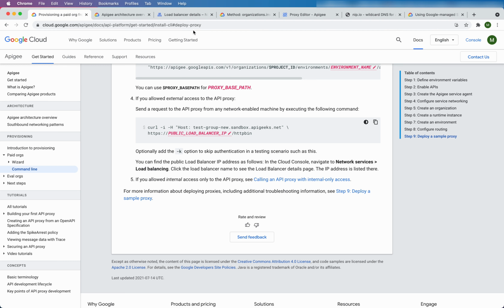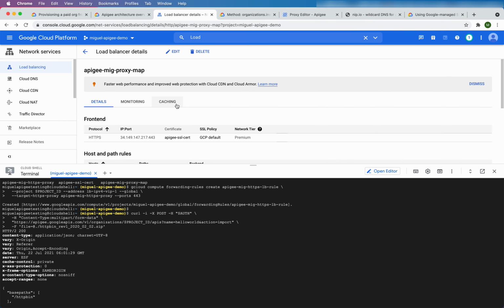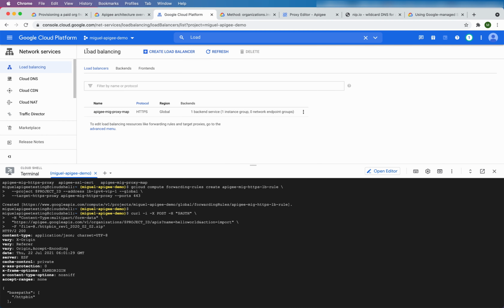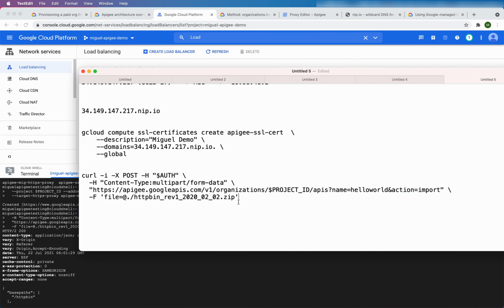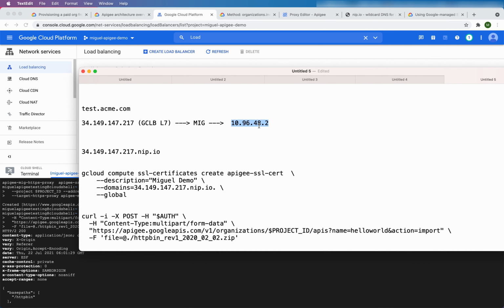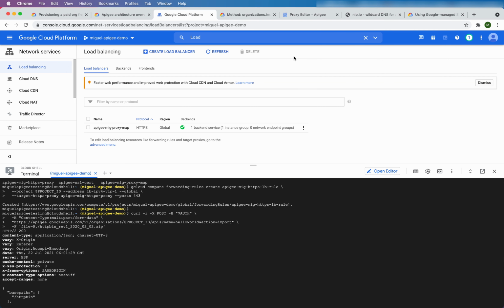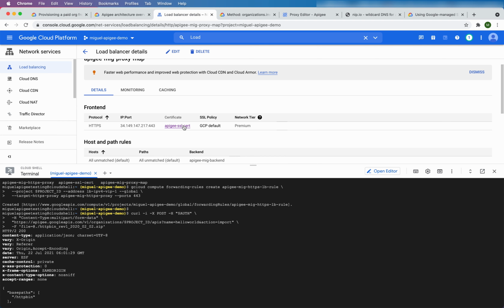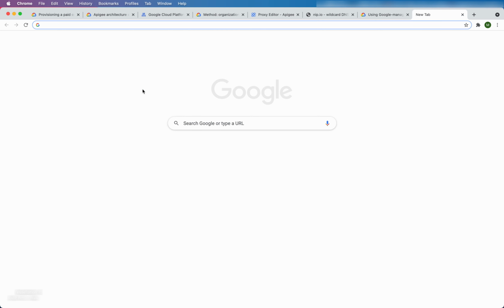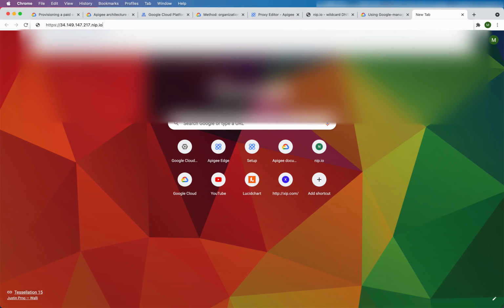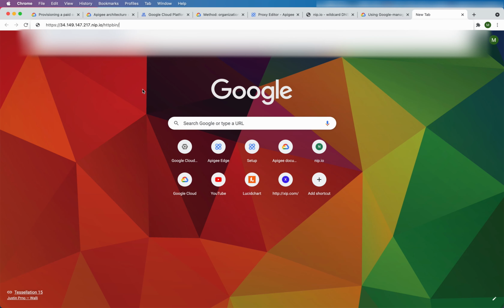So we can check to see if the load balancer has completed provisioning. Let's go back over here. The backend shows us healthy. That's good. That means that traffic is flowing through the MIG to the Apigee instance, and the health check is succeeding. Let's check whether the certificate is good too. Theoretically, we should be able to just call the proxy we deployed, and it will take us to httpbin. So let's try that. If I copy this, come to here, and httpbin/json,